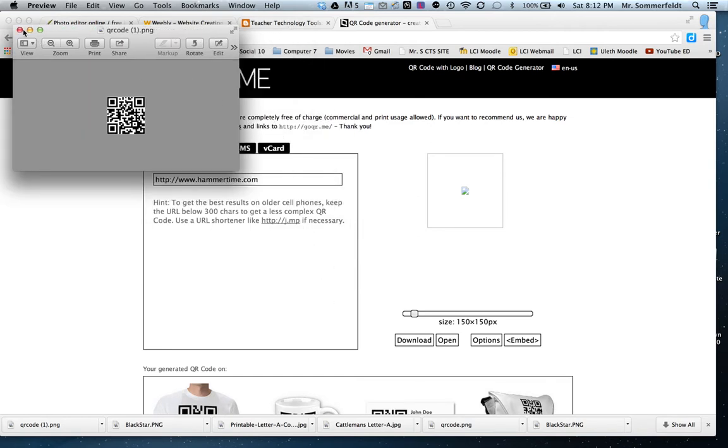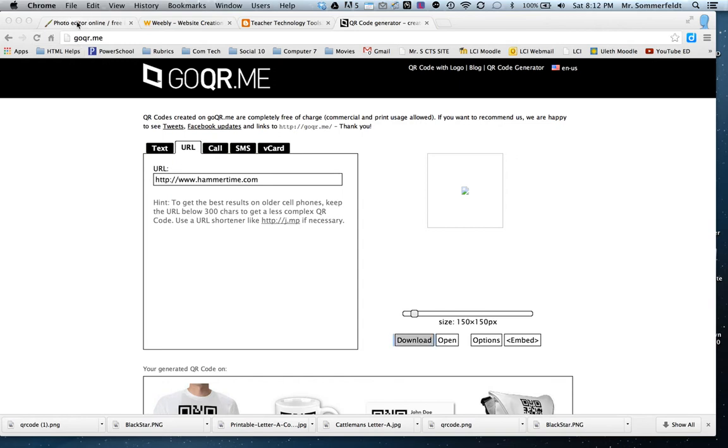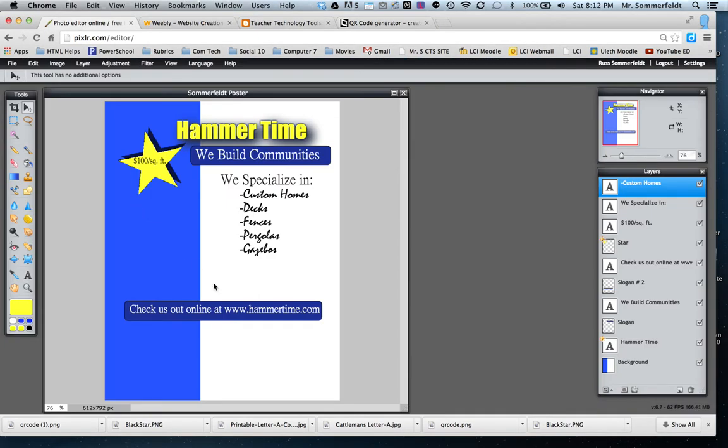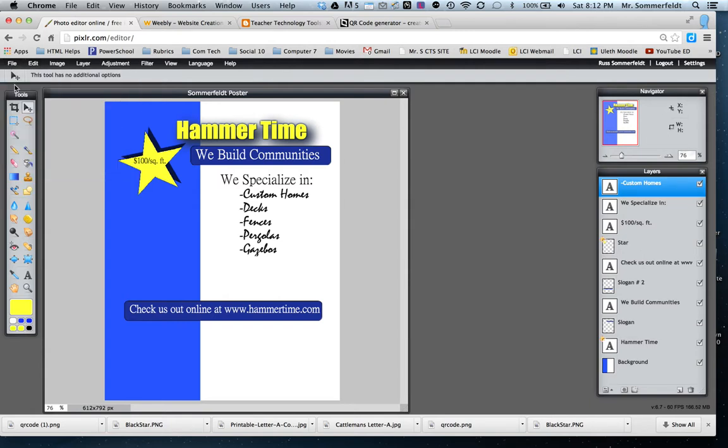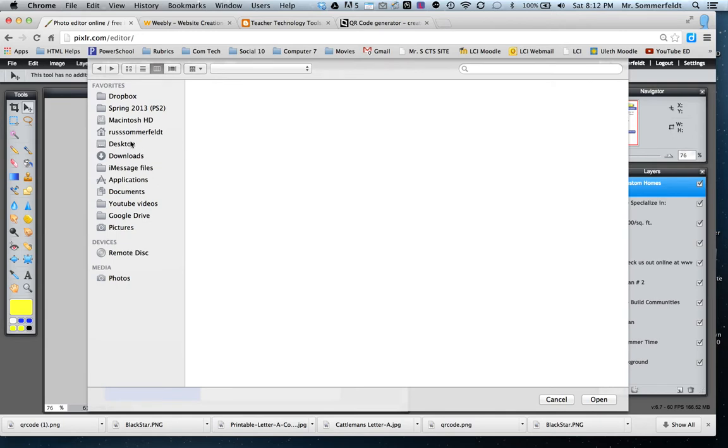Now what I want to do is close out of here, go back to my editor, and I want to insert that into this poster. So I want to go open image, go to my desktop,